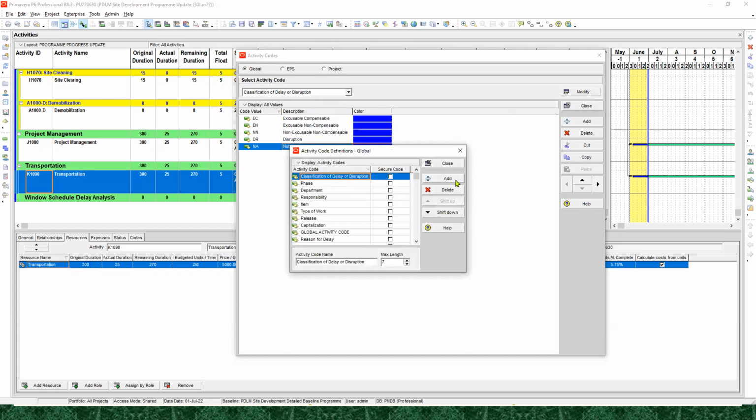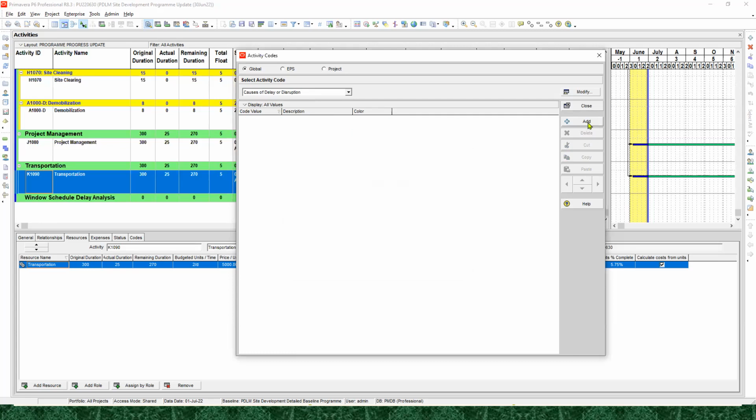Modify and then let's add. Next is the causes of delay, or disruption. Okay, let's close and then let's add values and description. How many of it? 1, 2, 3, 4, 5. Okay, so cause of delay disruption, we have here the